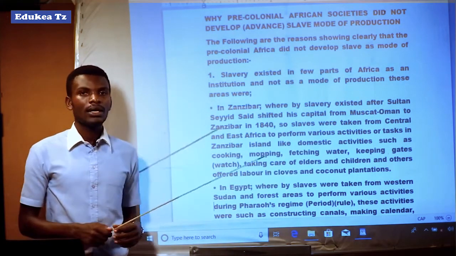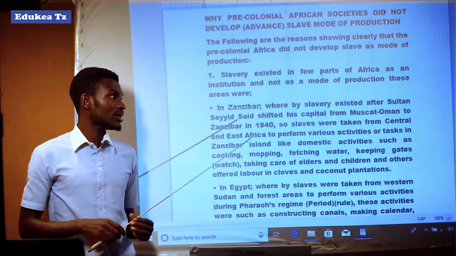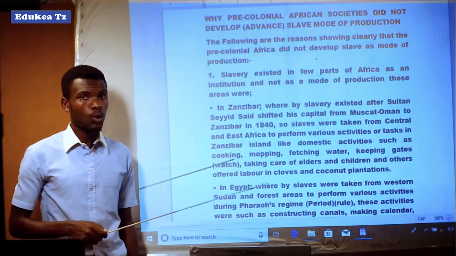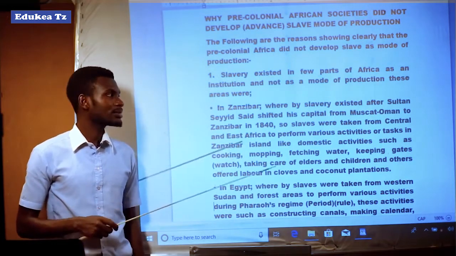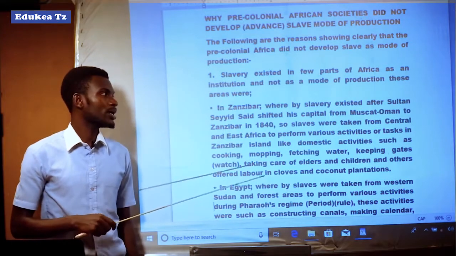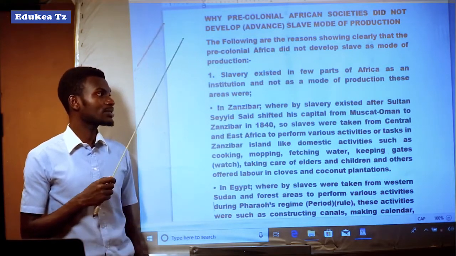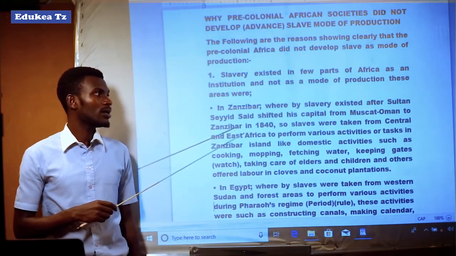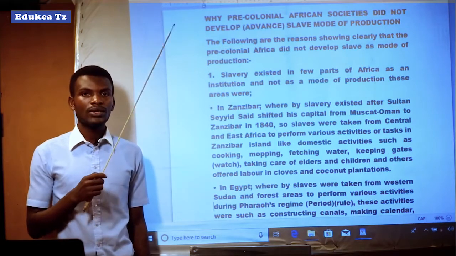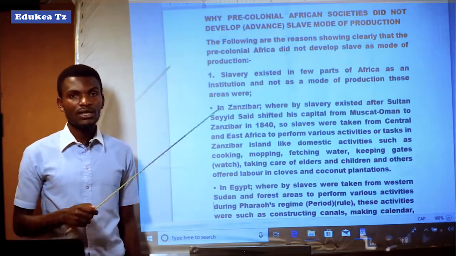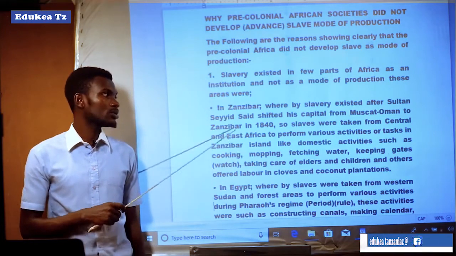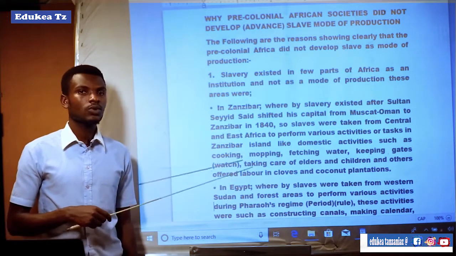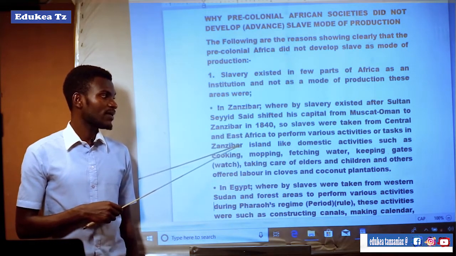It means that the slave mode of production was developed in Africa as an institution and not as a mode of production. For example, in Zanzibar, the slaves were taken after Sultan Said shifted from Oman with his capital to settle in Zanzibar in 1840, and that made slaves become the servants or workers